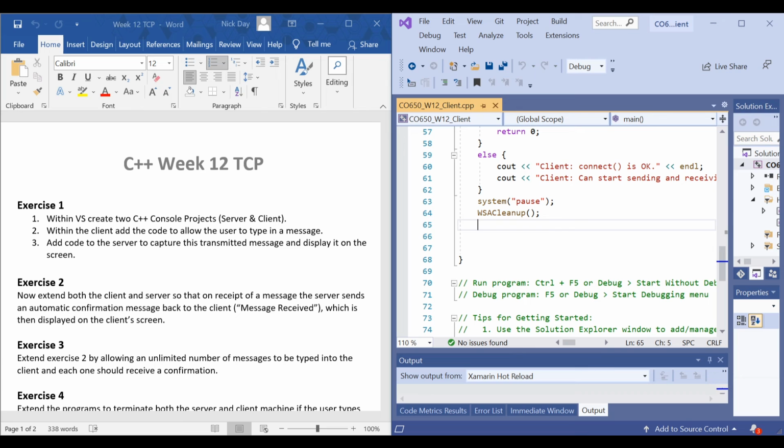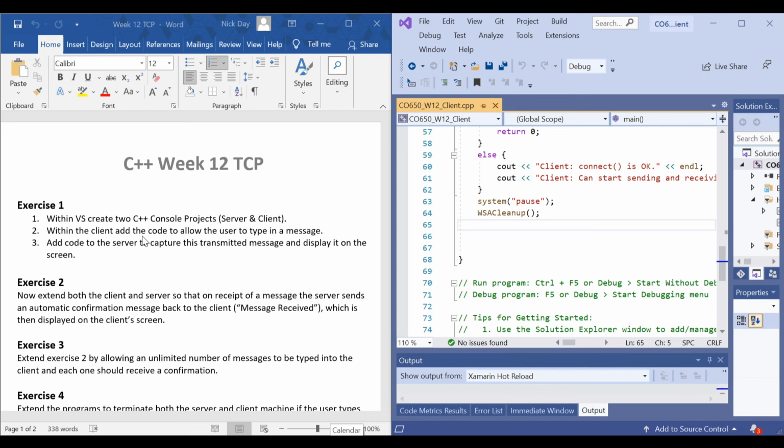In week 11, we set up the server, the first 5 steps of the server, which would establish a connection with the client. And we programmed the first 3 steps for the client. So this week, we're going to have a go at using the TCP protocol to send data back and forth from the server and client. So this works out to be step 4 on the client and step 6 on the server. So the first exercise of the TCP document,